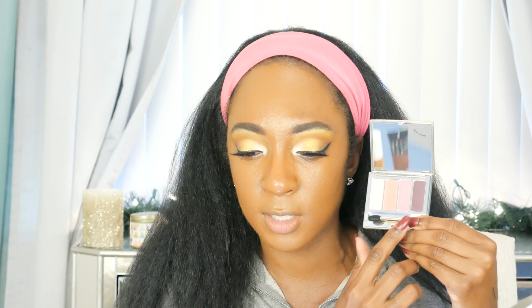I have been wearing this. I wore it yesterday, actually. I feel like this is perfect for an everyday look, or for those of you that don't like yellow on your eyes like I do, or green or blues. You could wear it in the day, you could wear it for date night. This purple color is a really good color for the crease or the outer corner to deepen up any